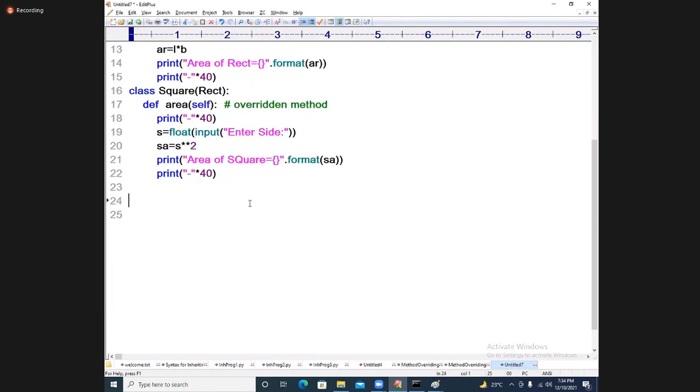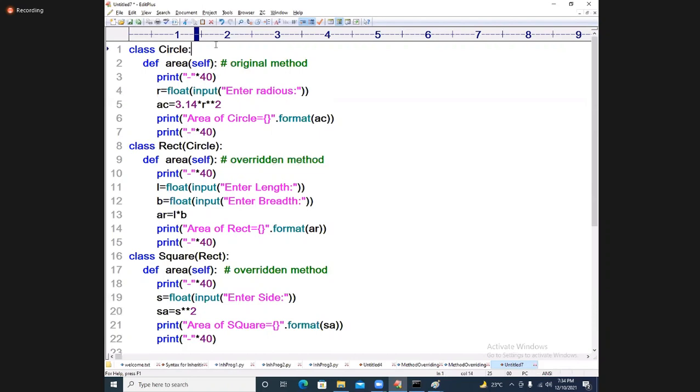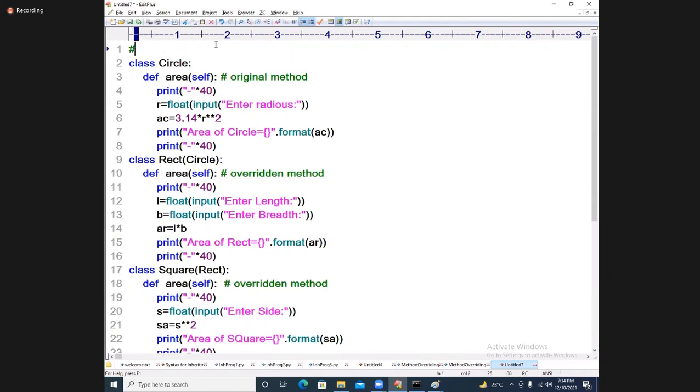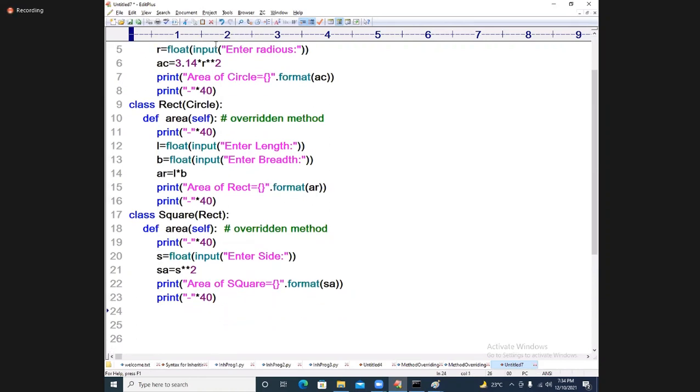Okay, students, now I'm going for the main program, method overriding example3.py. What is the main program here?